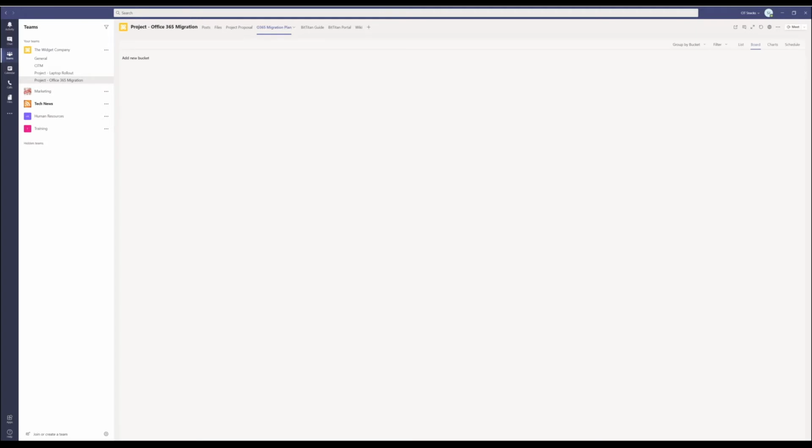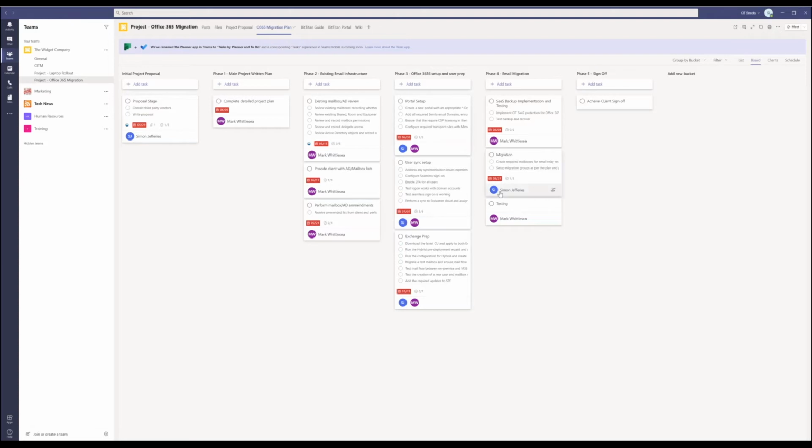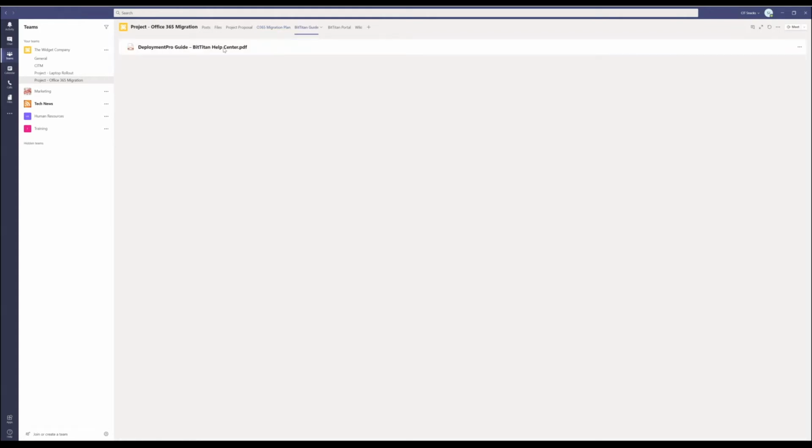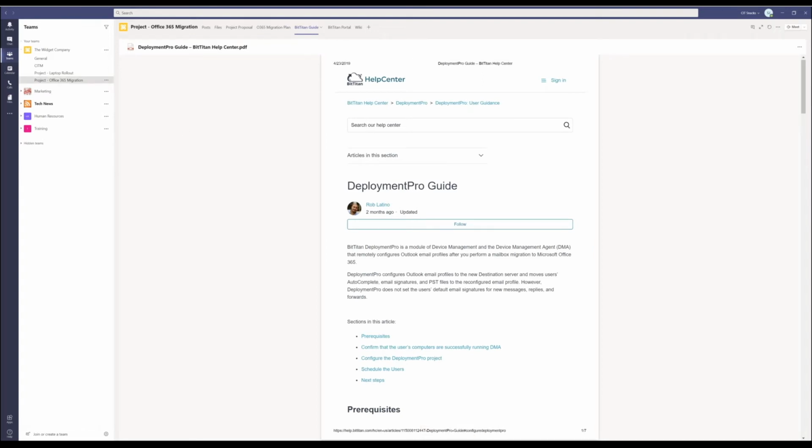For those of you that don't know, Microsoft Planner is a kind of mini project planning tool where we can create phases of a project, add in particular tasks, assign tasks and end dates to particular individuals, and then they will get alerted by the time they need to complete a task. So it's quite a nice feature of it. And then we've linked in particular guides for some products we might be using, and so on and so forth. So this is a kind of example of one we might use for a client project.